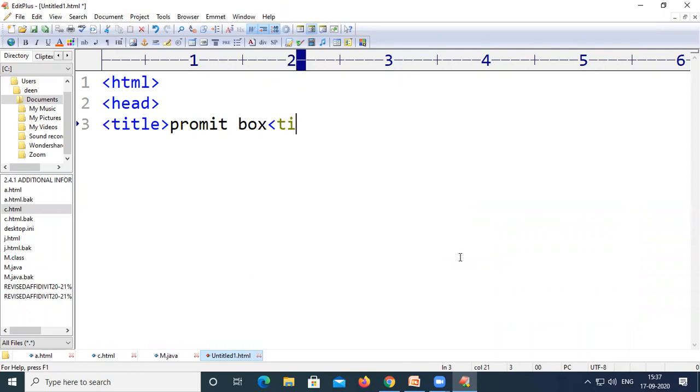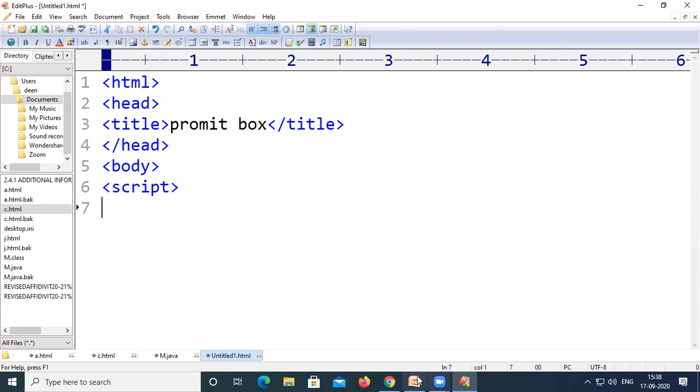I'm closing the title tag here. Now I'm going to close this head tag also. After closing the head tag, I'm opening a body tag, and inside the body tag I'm going to write the script tag directly.